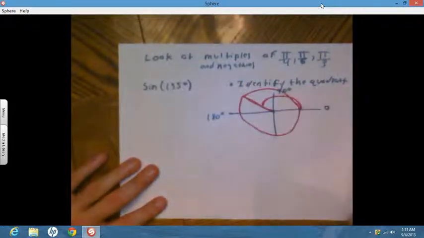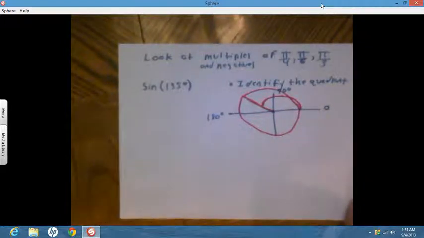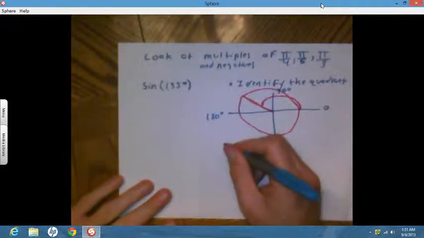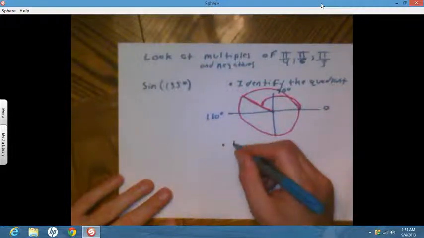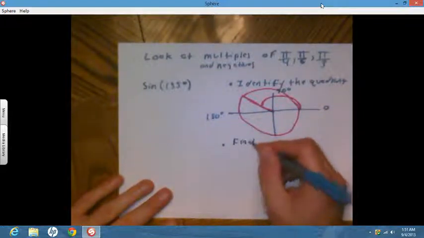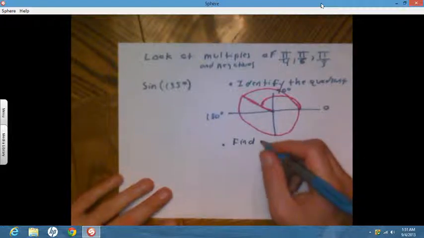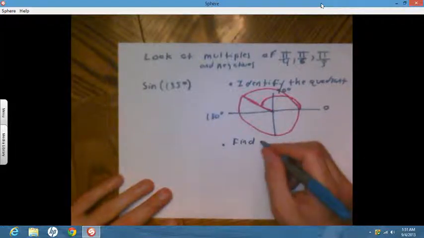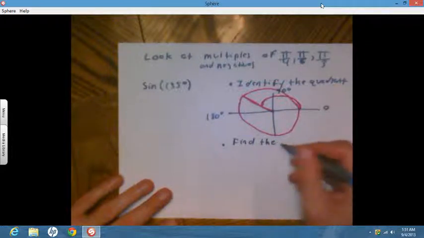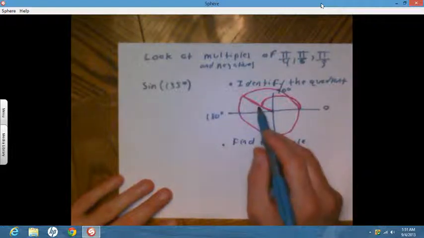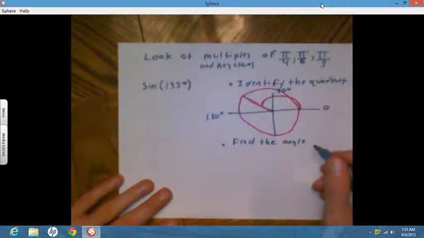Now the next thing is we're going to want to find the angle the terminal side makes with the nearest x-axis. So we're going to want to find the angle, and we're going to call this a reference angle. Find the angle. I really apologize for that picture. If I had erasers, I'd redraw it. So find the angle the terminal side